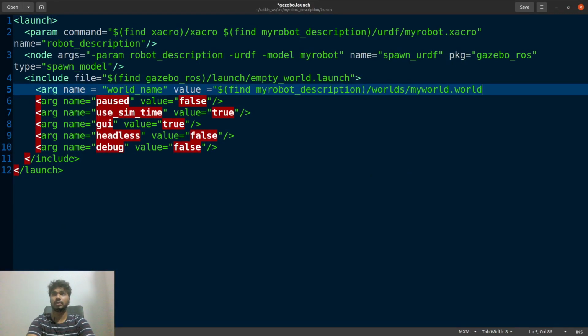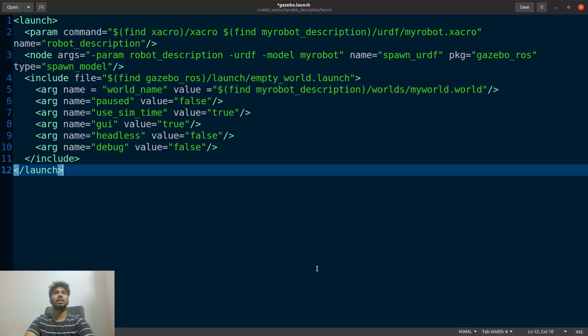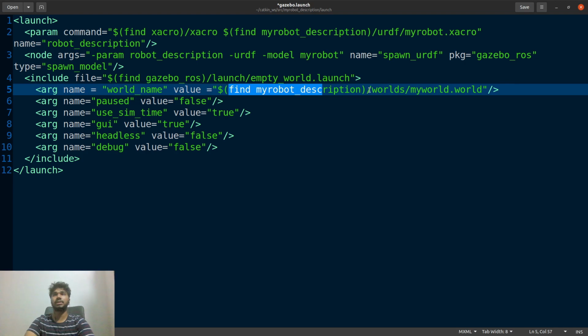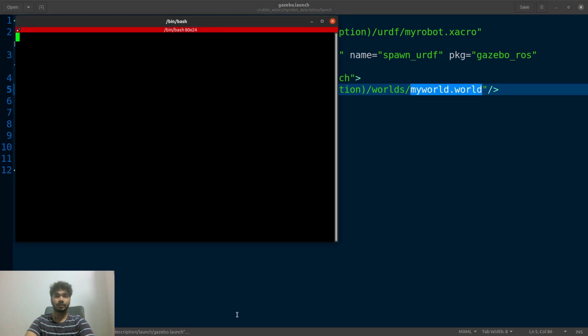I'll double quote this and close it. So world_name and find my robot_description, inside the worlds folder, myworld.world. Let's save it and see if it executes fine.